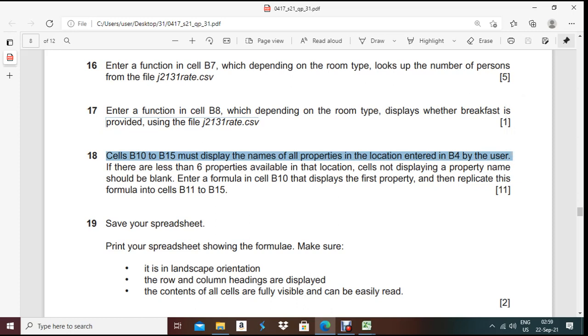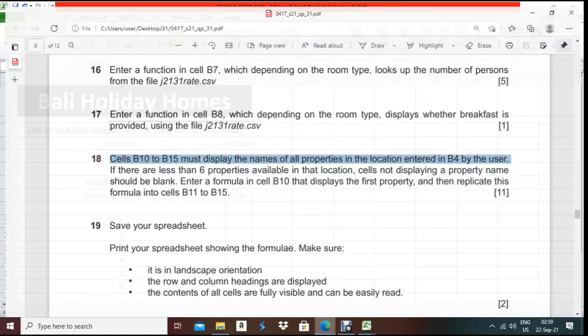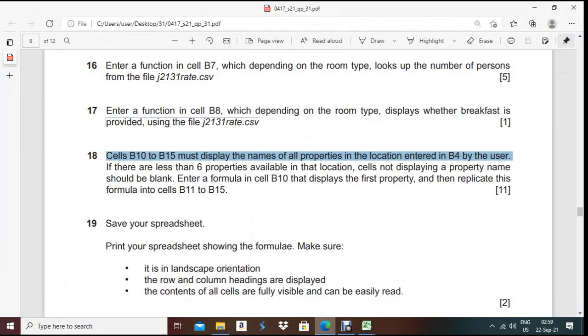Now this is the location entered before, and here from B10 to B15 you have to write down the names of the properties of that particular location, right?